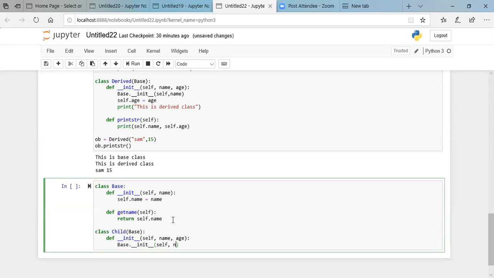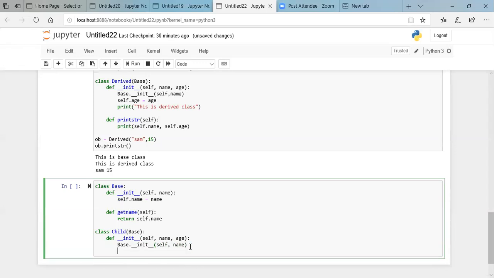Self comma name. So we'll be utilizing this statement self dot name from its parent class, but age is not available in that base class. So we have to define it over here. We have to set it over here. So self dot age is equal to age.